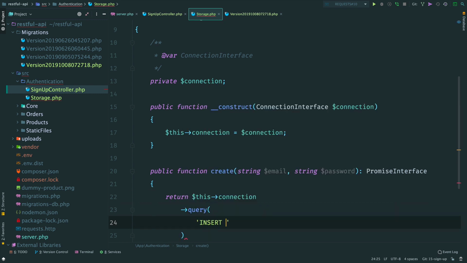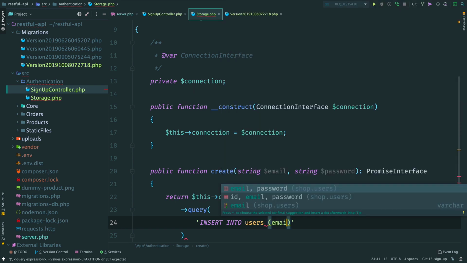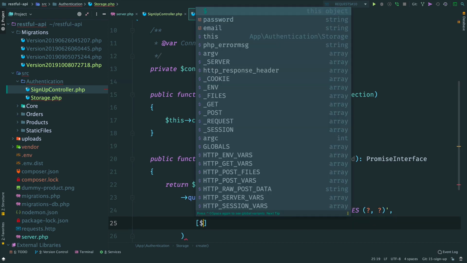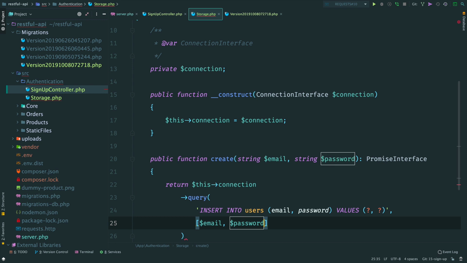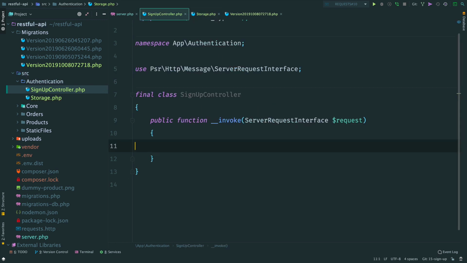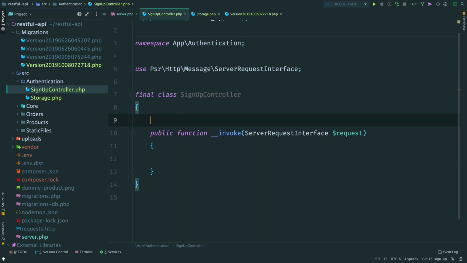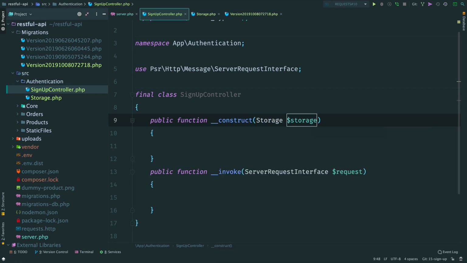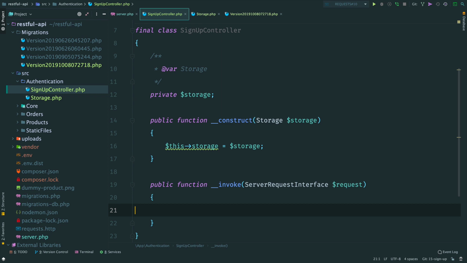Insert into table users. We have email and password, and provide the values. So this method returns a promise that resolves once the user is created. Now move back to the controller. Add the constructor and inject a storage. Now let's handle the request.